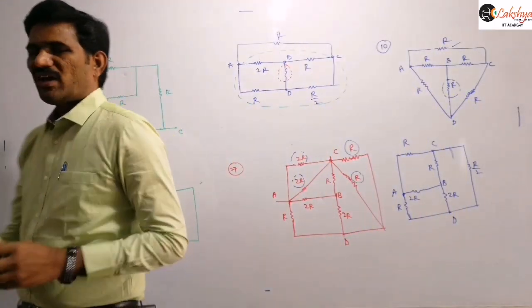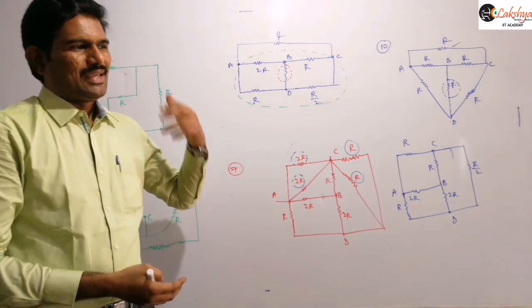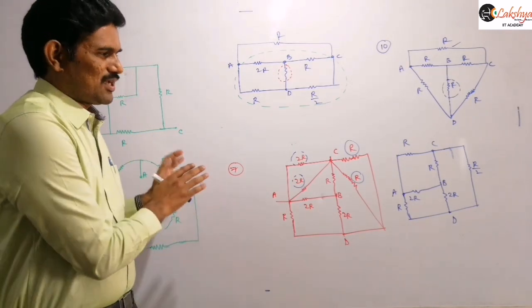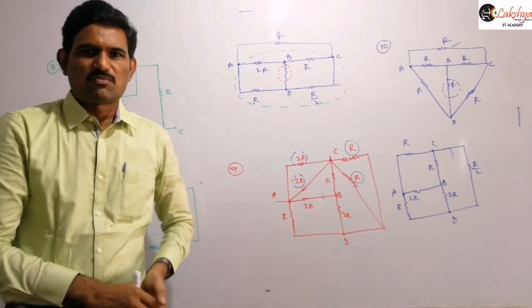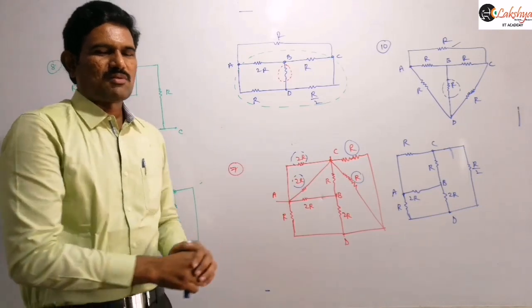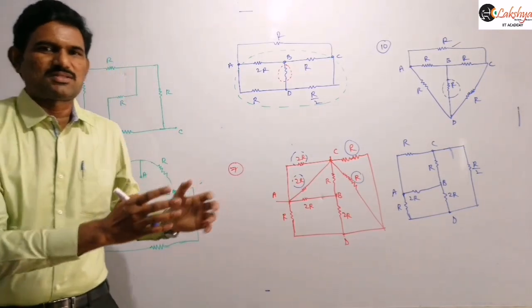So that is a way of identifying the effective resistance. If you remember the standard forms here, in examinations there may be other forms. I am saying not only these forms; there may be other forms of the Wheatstone bridge also. Out of them, these are some of the forms here. So you need to identify whether we are getting the Wheatstone bridge or not by just seeing the